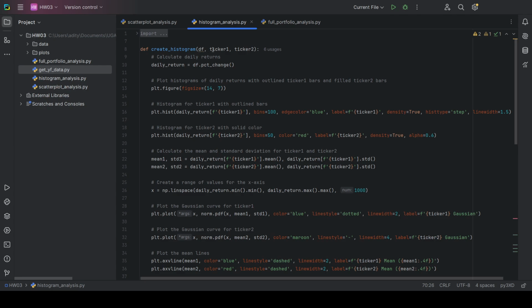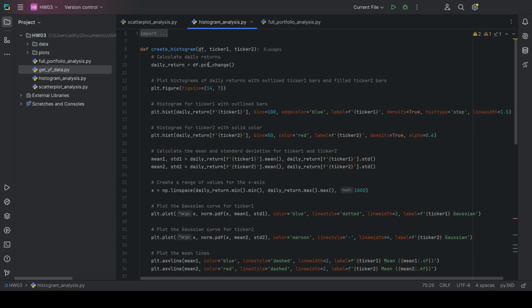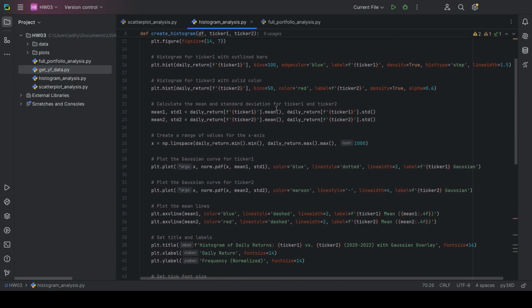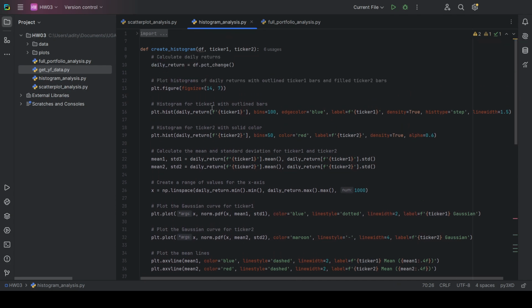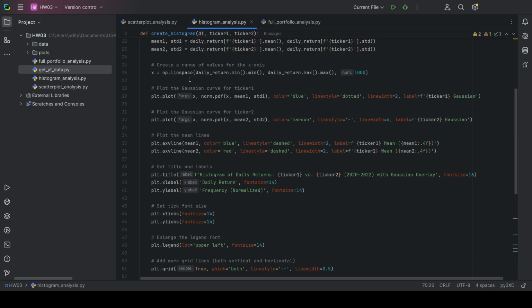takes a data frame and then the names of 2 tickers. And it calculates the percentage change every day, the daily return using percentage change from the data frame, and then it generates a plot using the 2 tickers that you've given it, and calculates all the information necessary using the daily return data frame that's created as a result of the percent change function. So after it calculates everything necessary here, it then